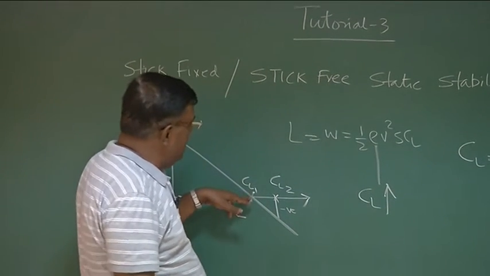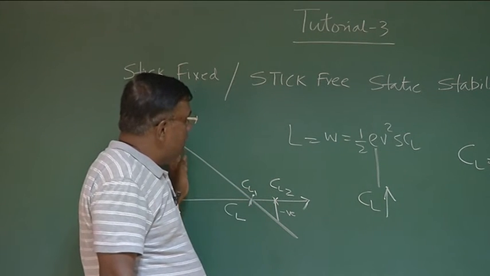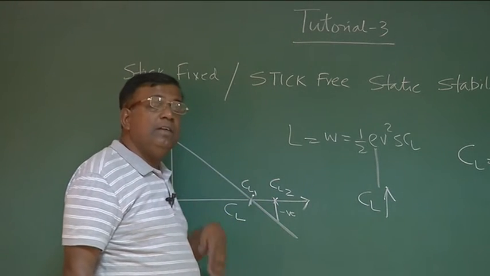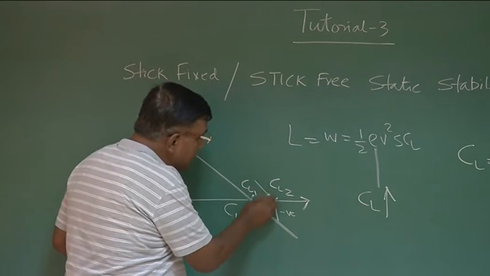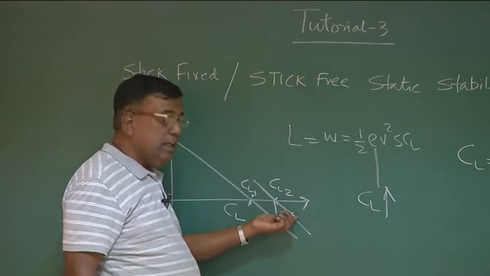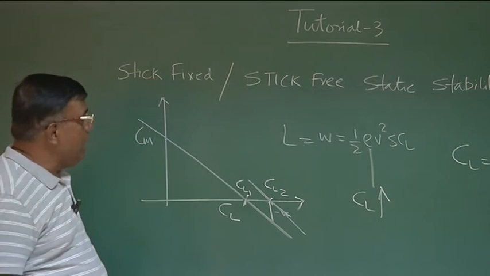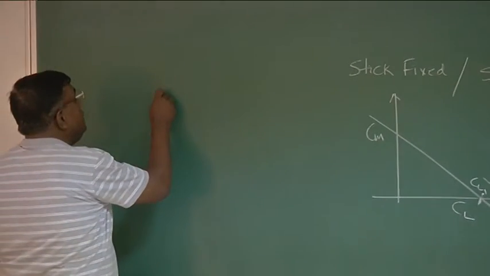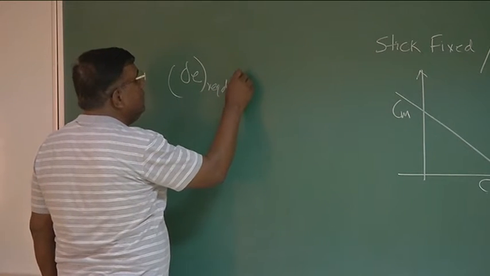The moment I try to change CL from CL1 to CL2, this CM versus CL graph tells you that a negative moment will be implicitly generated because the aircraft is statically stable, but you want to fly at this CL, so you have to deflect the elevator such that this negative moment is neutralized. Under that understanding, we try to address the question: